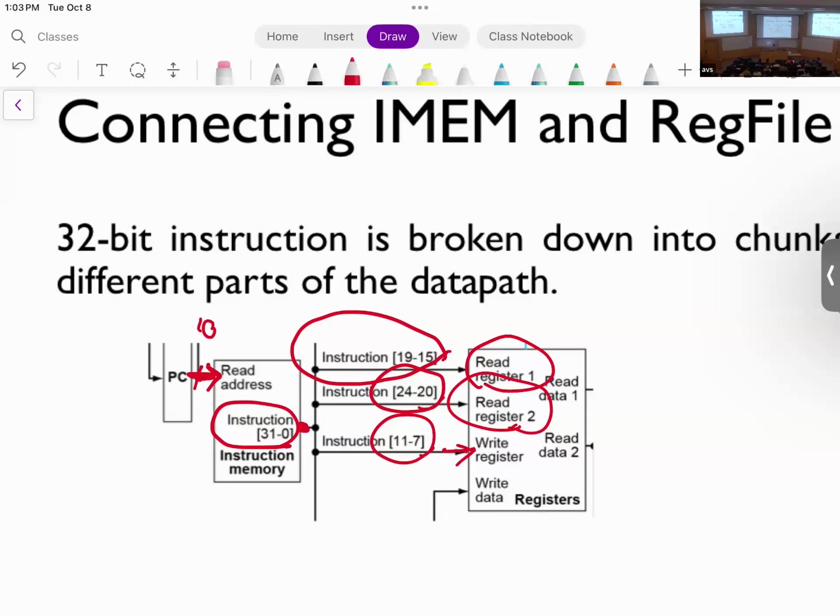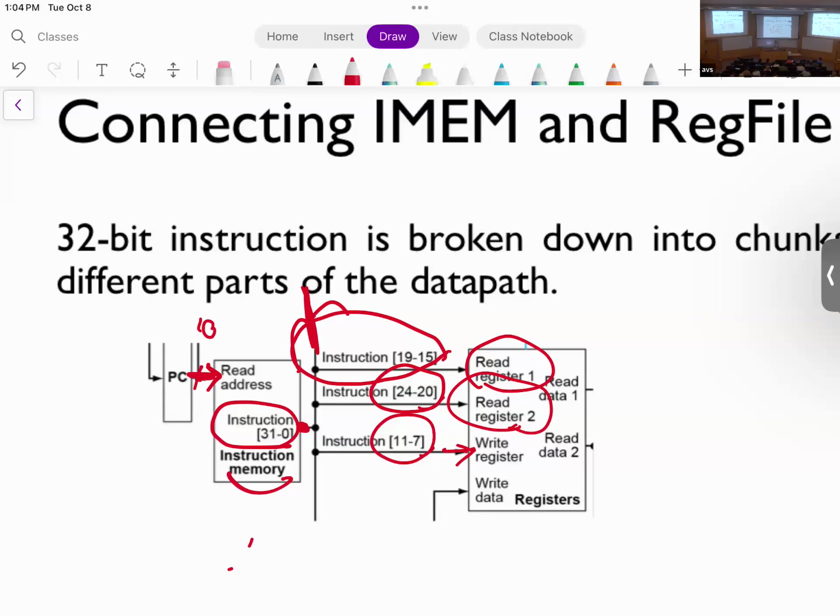The question is whether the instruction memory is also registered. We typically do this combinationally. So we provide the address, we wait for, let's say, some time, and the output would be available. You don't need to register it anyway. But later, we're going to show you the pipeline design. That way, this will be written into a register, and then we're going to read from that register. Okay? But for now, there is no pipeline in between,